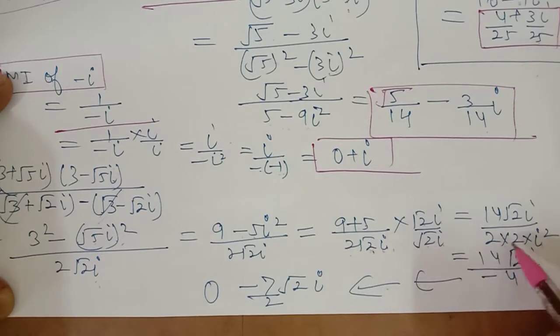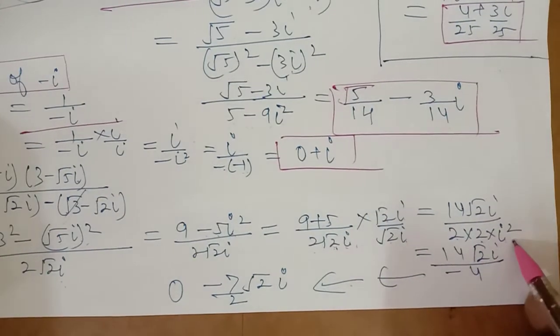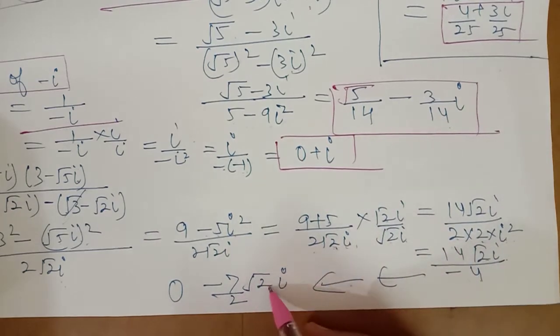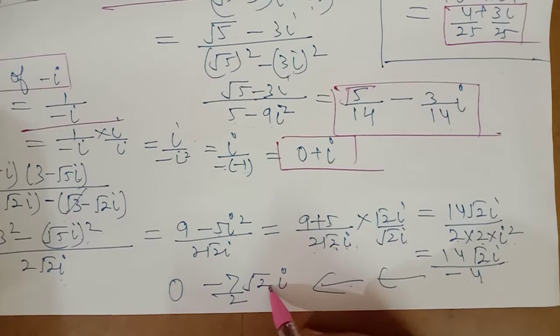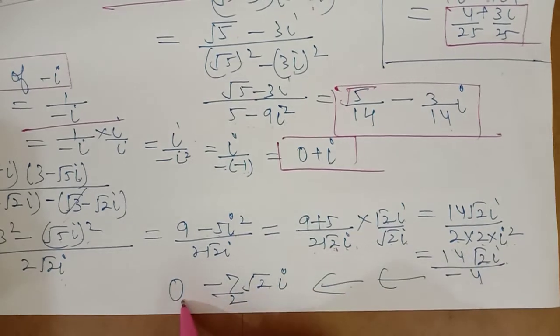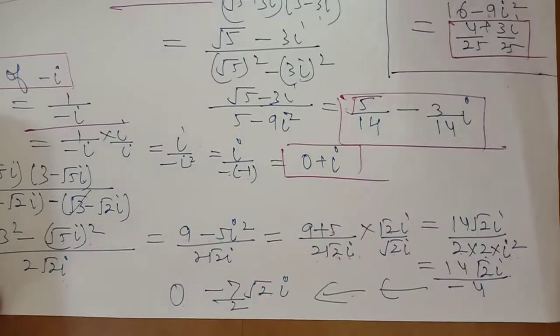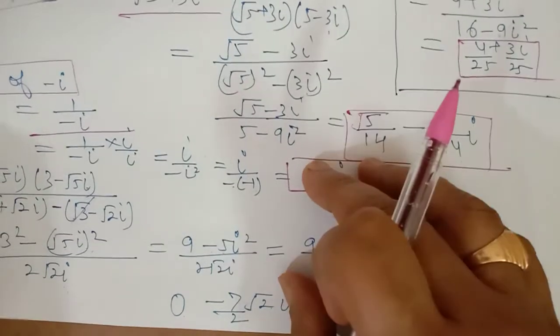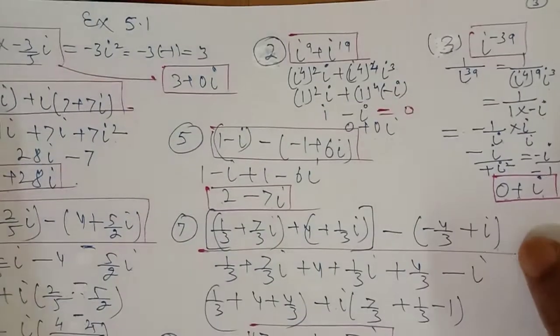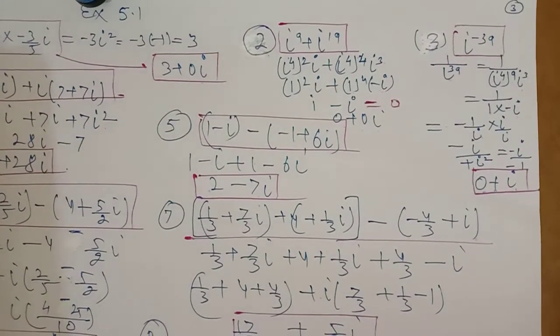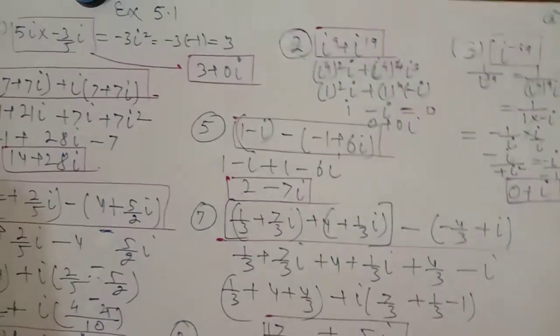i square is minus 1. So 2 into 2 into minus 1, that is minus 4. So 7 upon 2 root 2i, only the imaginary part is there, and the real part of this is 0. So this is the standard form of this complex number. This is the standard form of this complex number. So this is the completion of the exercise 5.1,